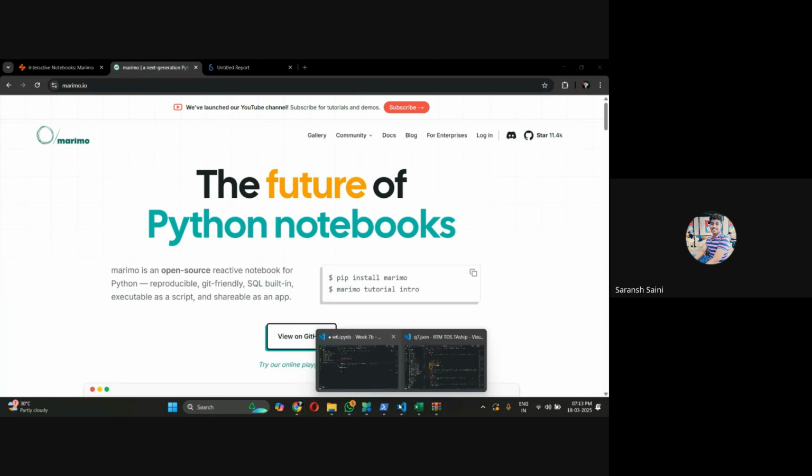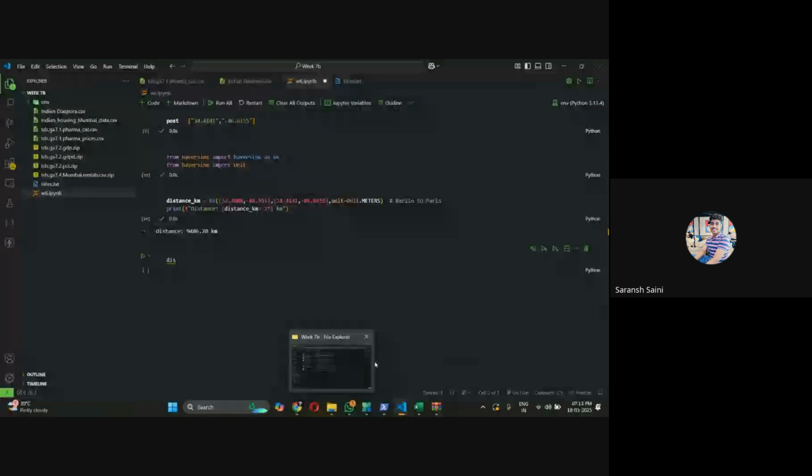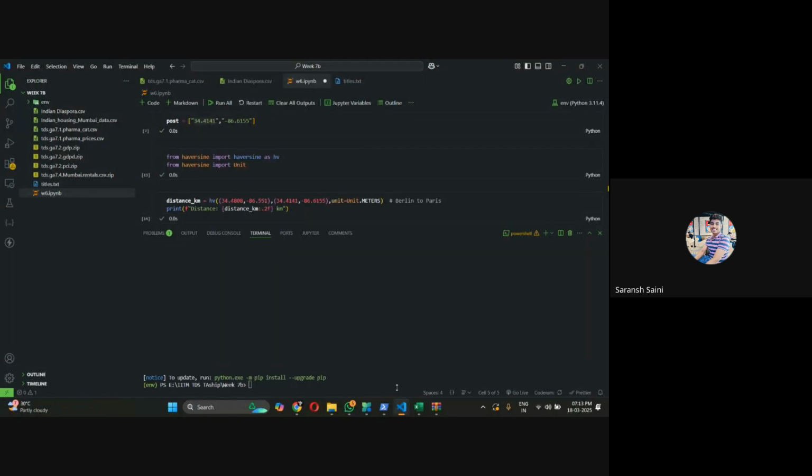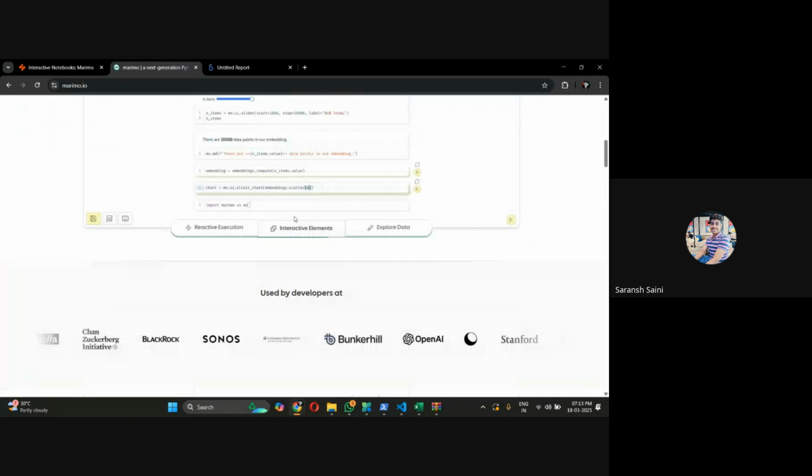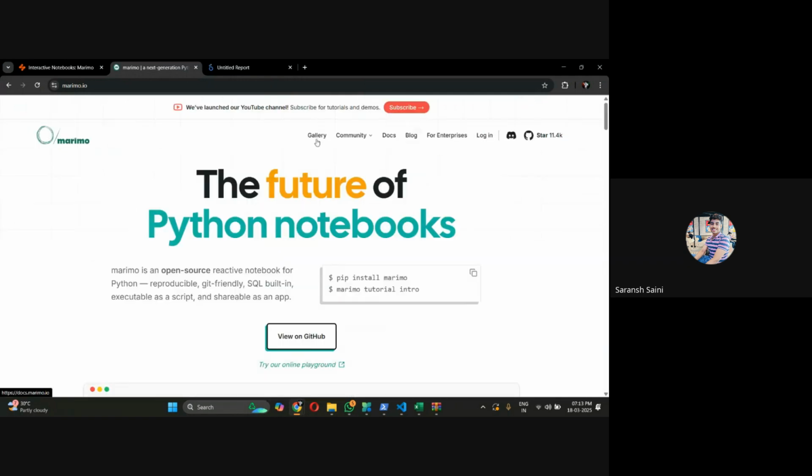notebook is that whenever you are changing, let's say, a value, it's present on. Let me just demonstrate it in front of you. Why should I talk in words when I can demonstrate visually? Okay, so I guess the command for running a Marimo notebook, I have to look at it. Okay, here it was. Let me go to